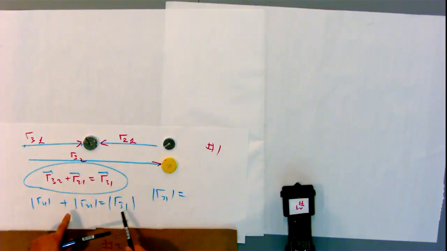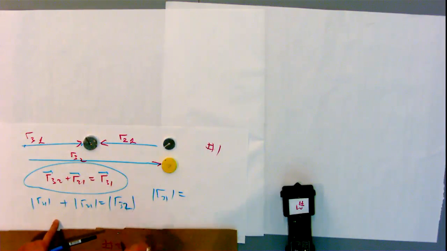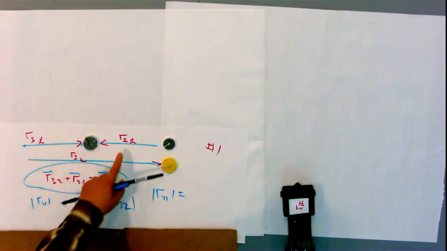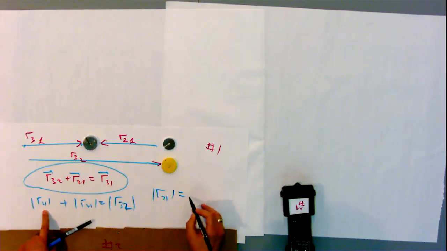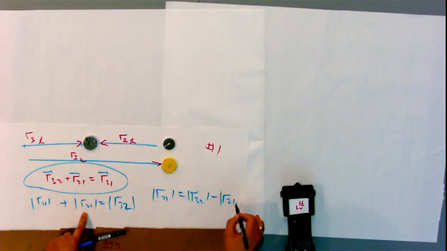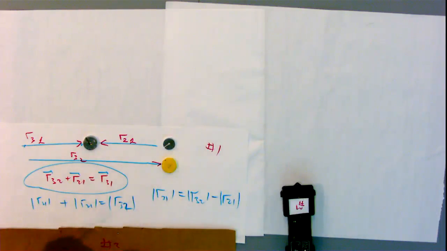What did I do? That's 3,2. 3,1 plus 2,1, 3,2 in magnitudes. So the magnitude of 3,1 will be equal to the magnitude of 3,2 minus the magnitude of 2,1. So this is an important example again of